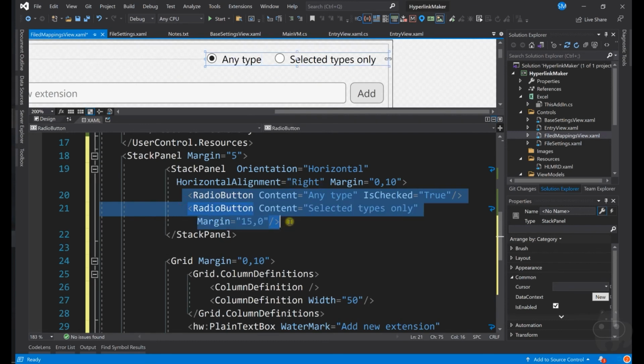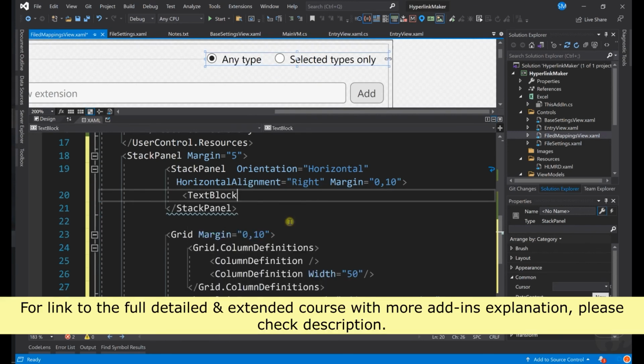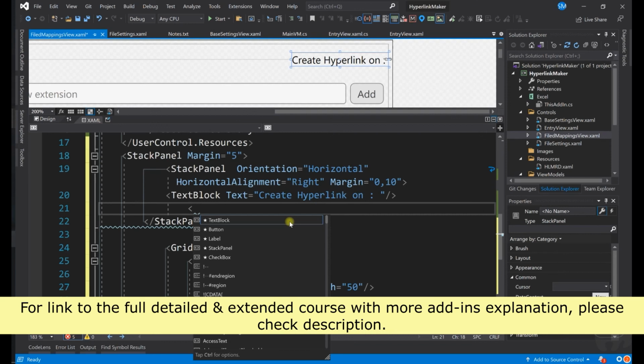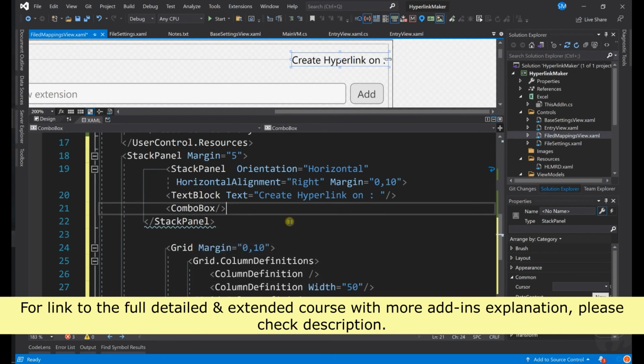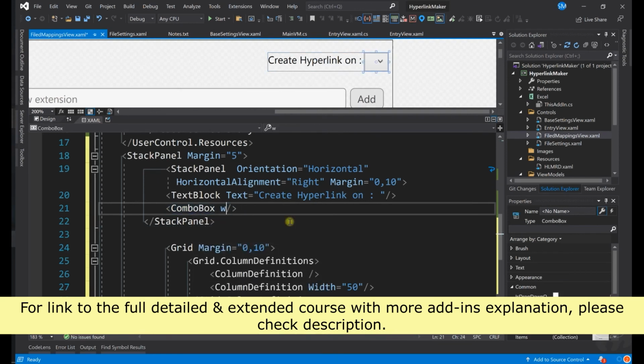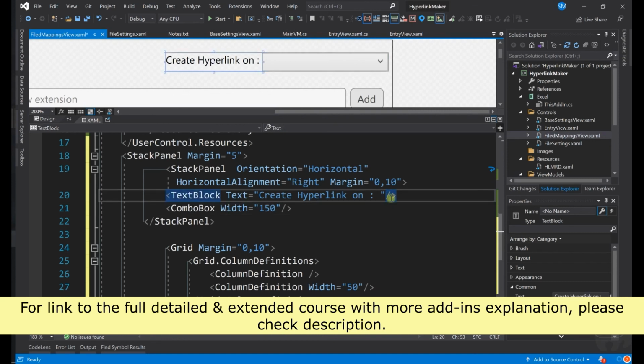Instead of radio buttons, we create text block, and text is create hyperlink on, followed by combo box. Combo box should have a width. Let's say the width is maybe 120 or even more than that to be on safer side. And let's add a margin. Here margin is equal to 10,0. So it's only the horizontal margin.